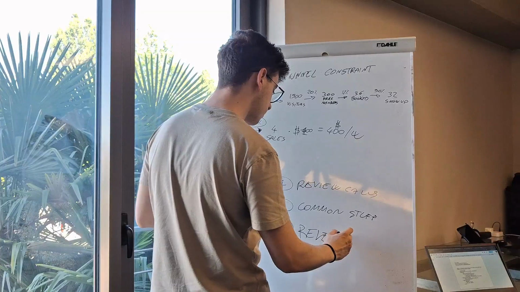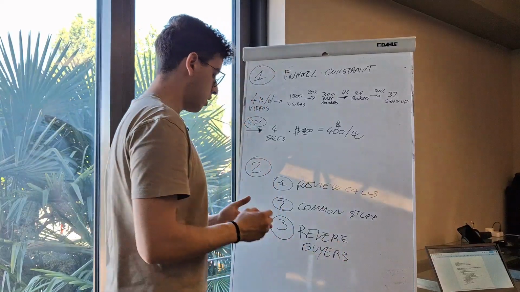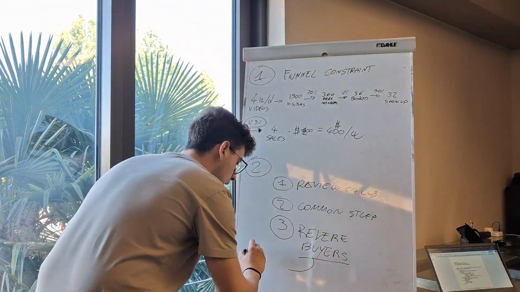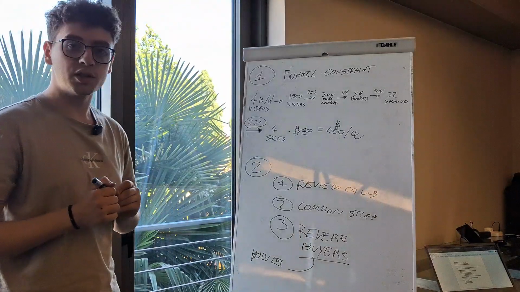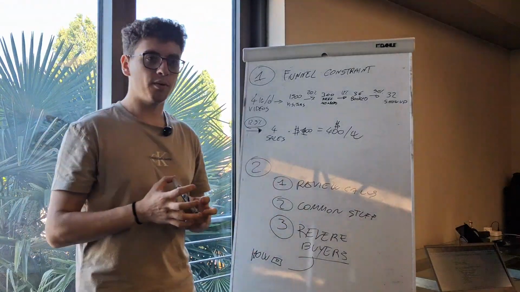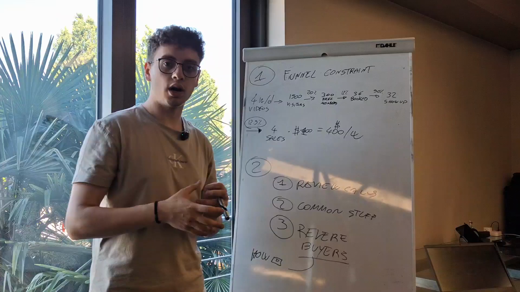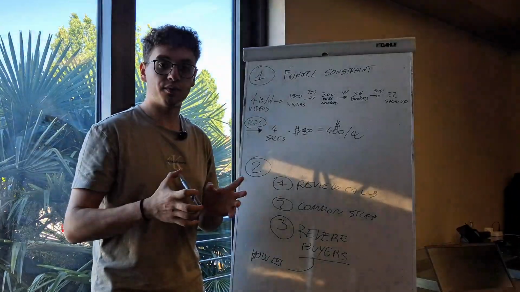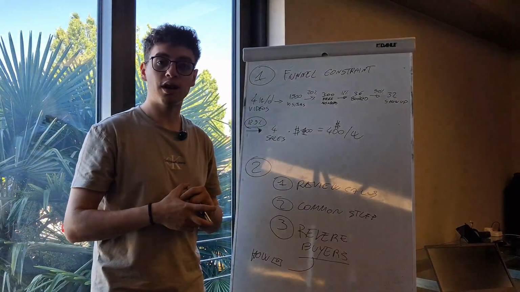So reverse engineer the buyers' avatar. And what we did was we asked the people that bought, how many videos, this is my beautiful play button, how many videos did you watch before buying? And so what we found out was that the majority of the people actually watched 2 videos before buying. And the majority of the objections were actually that people didn't have enough money in order to buy. The majority of the calls were like, well, I'm sorry, man, I can't do this. I would like to, but I really don't have the budget.